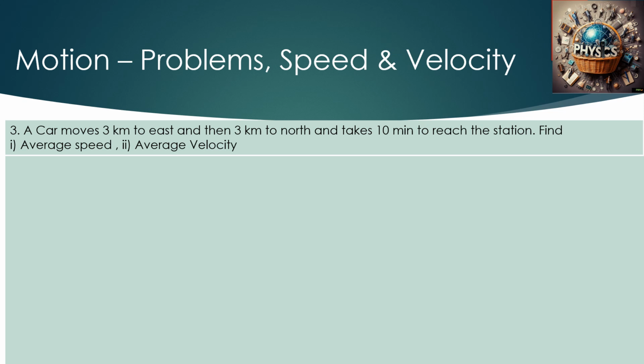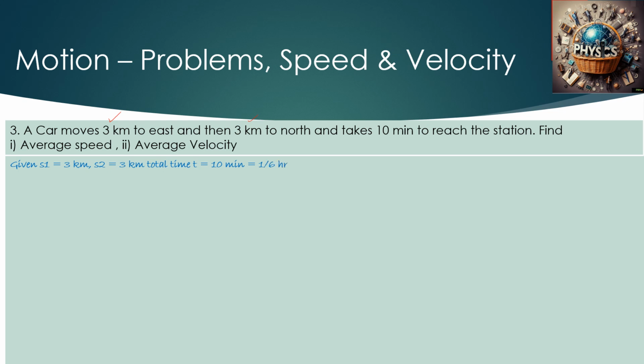for average speed, it is again the same thing that we have done, the total distance covered. So we are not worried about east, west, north, south, nothing. So for us the distance matters, because for speed it is the distance by time. So distance is always magnitude, no direction. So we simply add the total distance. So distance 1, 3 kilometer, distance 2, another 3 kilometers. So total distance covered is 3 plus 3. So we get